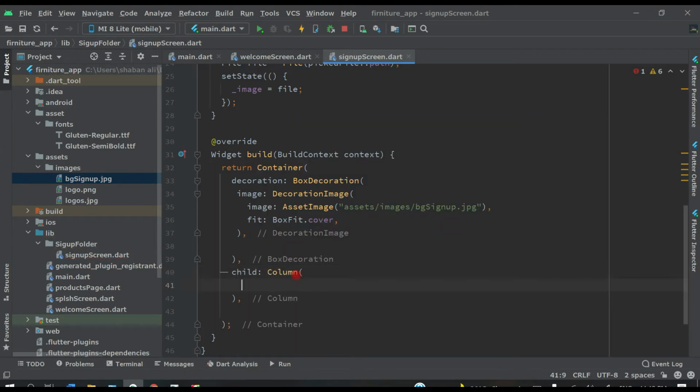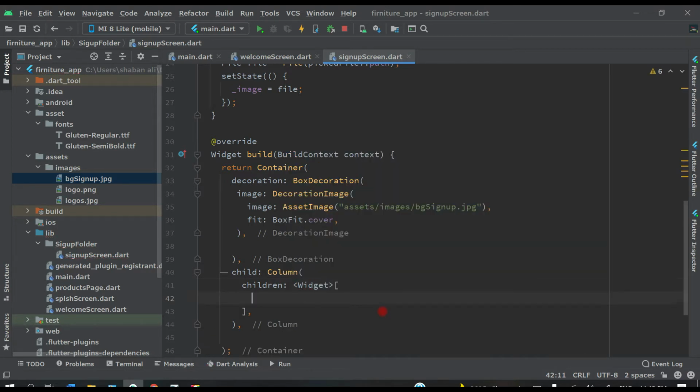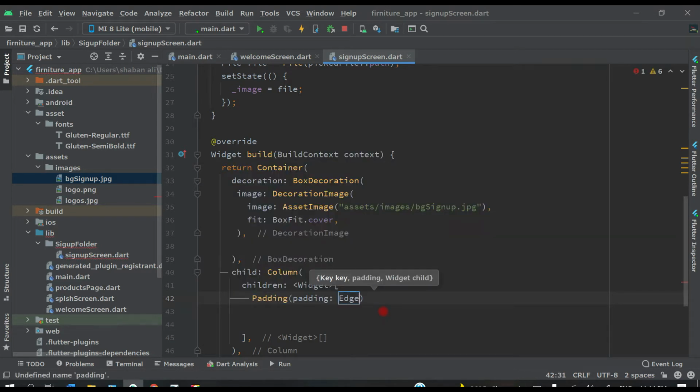Inside this column let's add one padding so that there will be some space on the top. So padding, children, because inside column we have to mention children first. So this takes children. So now here write padding first. Inside this children, here we have to write padding and EdgeInsets